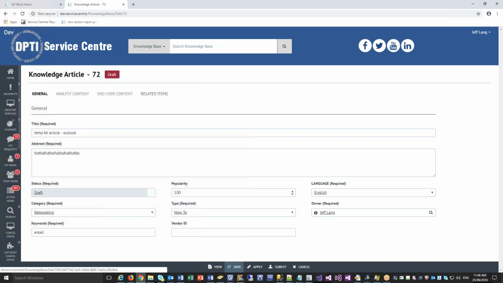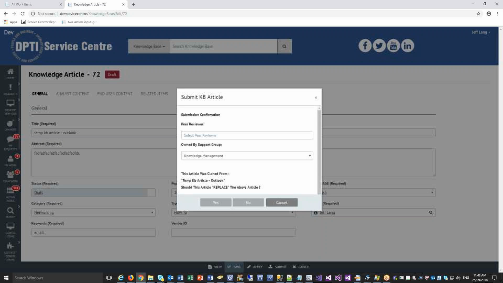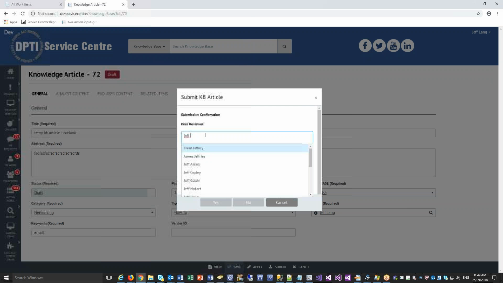So they can go and update the analyst content, whatever else, save it, and when it's ready to go, we can save it, apply it, but when it's ready to go, we submit it. Yep. Now, when we submit it, we select a peer reviewer. I'll say me in this instance,